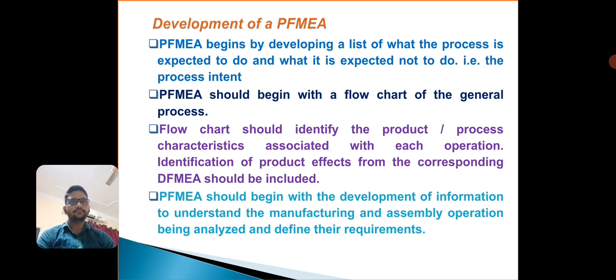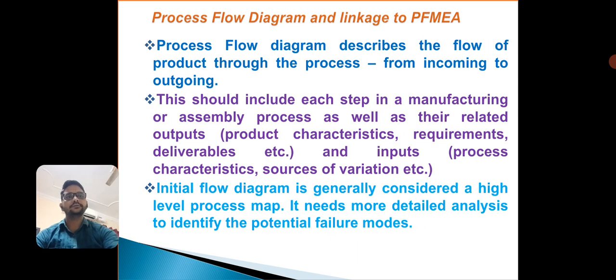It means the process intent: the process should begin with a flowchart of the general process, and the flowchart should identify the product and process characteristics associated with each operation. And next, PFMEA should begin with the development of information to understand the manufacturing and assembly operation being analyzed and define their requirements. Next is the process flow diagram, which describes the